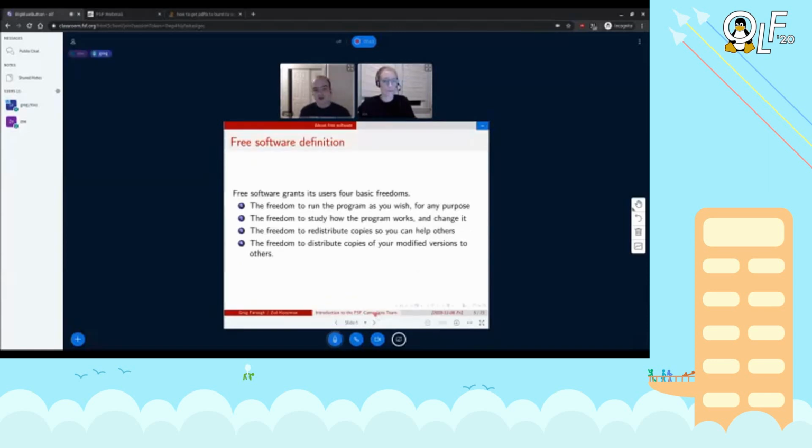A lot of people are throwing around the term free software, but just in case there are people in the audience who may not know exactly what that term entails and how it is distinct from the concept of open source, we provided the free software definition here. Any program is free software provided it gives its users 4 basic